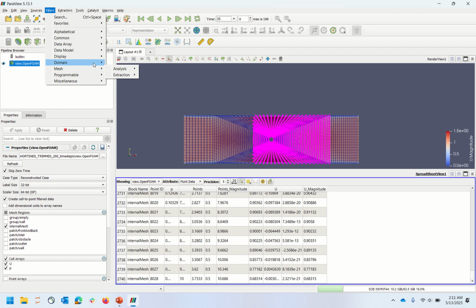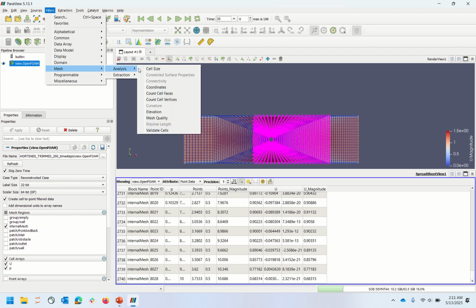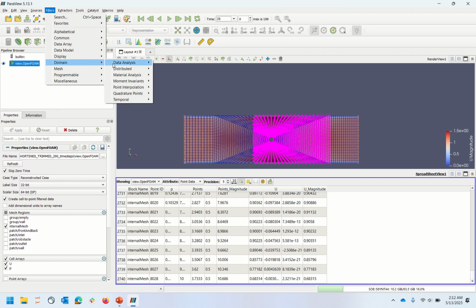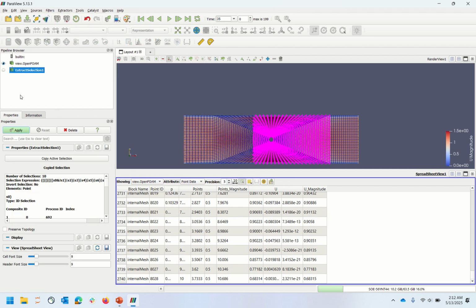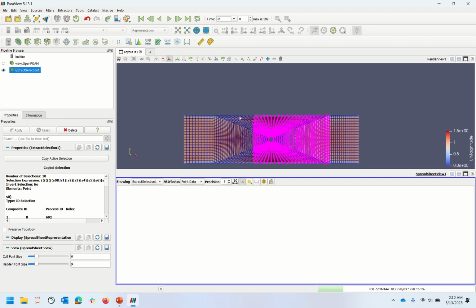Sorry, it would have been mesh analysis. No, mesh data analysis and extract selection. When we hit apply, we'll see